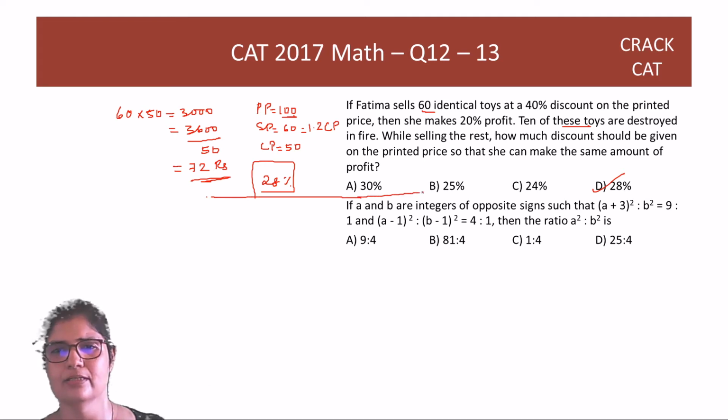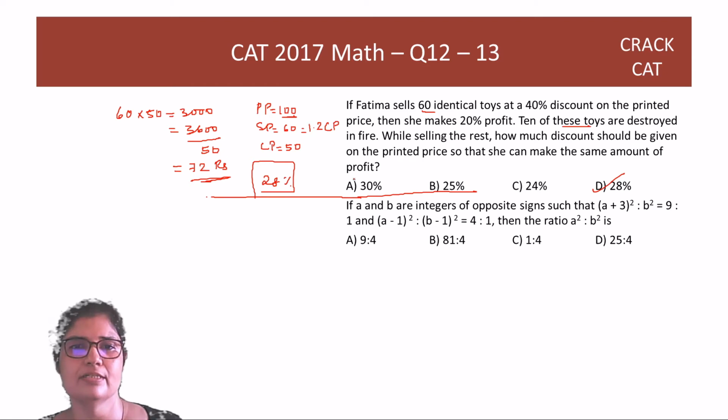The time speed distance was not difficult. It was just, we had to use an equation. This is the first difficult question that you get. And again, it's not difficult with respect to understanding. It is difficult with respect to execution. So when I have the square, the ratio, right?